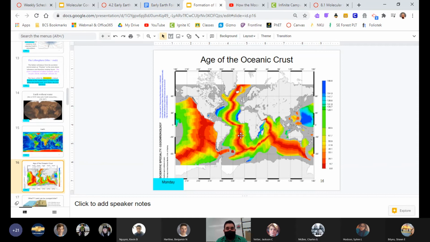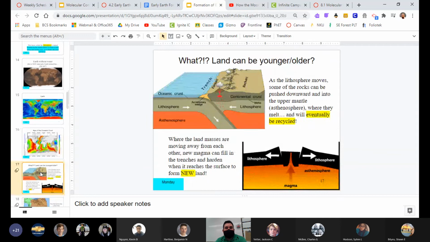It's just like a puzzle piece, and I know you guys have seen this before, but South America fits right there with Africa, right? You could just put those two pieces together, and we have proof of that based on the age of the rocks that are there. If you rewind the clock of making new land, take it away and you get the old land, right? And they start coming back together. And so that's right, land can be older or younger, and that's the recycling that I was talking about earlier.